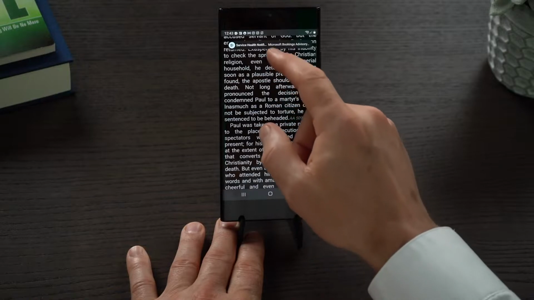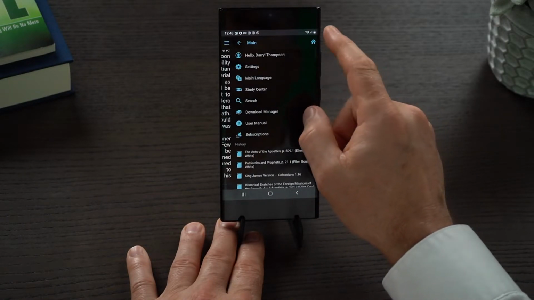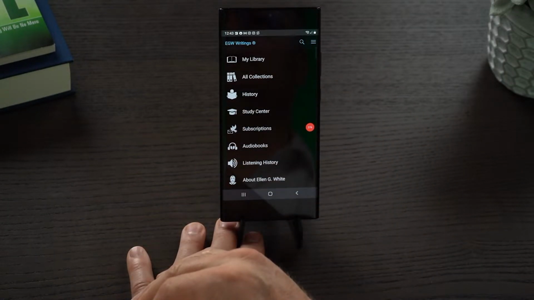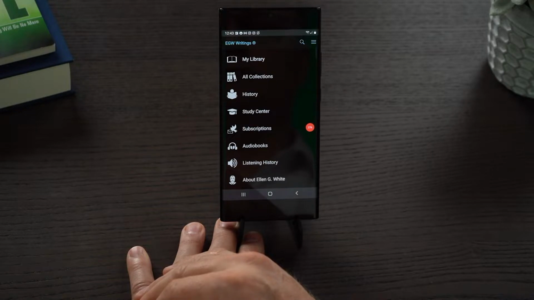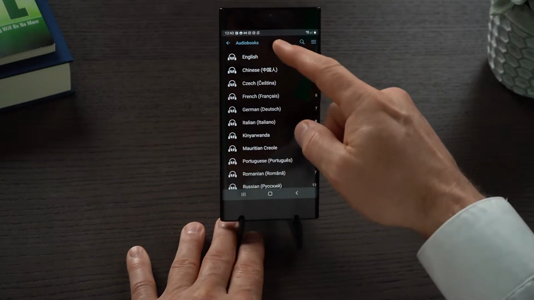Let's go back to the main menu again. Tap on the sandwich icon, tap on the home, and I'm back to the main menu. Now, we were going through and we sort of started from the reader, and we're going to go look into audiobooks next. And you can see down here in audiobooks, when I tap on audiobooks, it lists all the languages